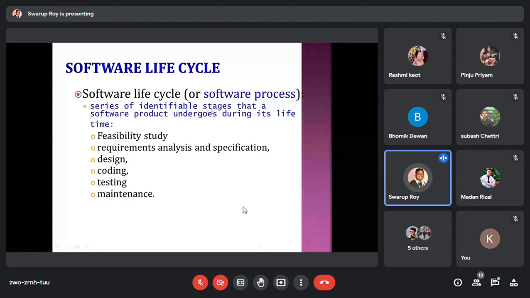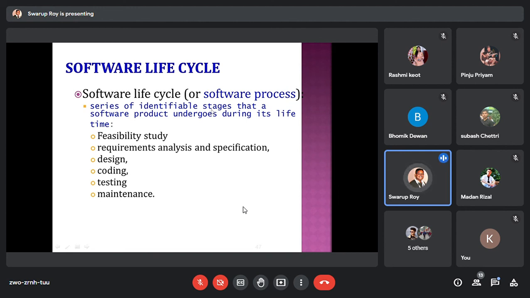Because of this only, they can get the tag called CMM level 5 company, level 4 company, or an ISO company, because they are following some standard. That's why they get that kind of certification. So they have to do that specification, and it is the starting document and the most vital document in software development, because it is the document that the rest of the team and the rest of the phases are going to follow, starting from design, coding, testing, maintenance. Everything follows the actual specifications.